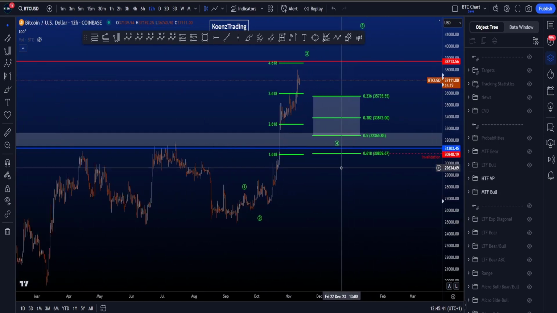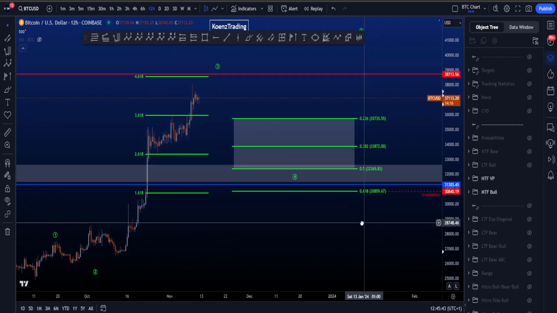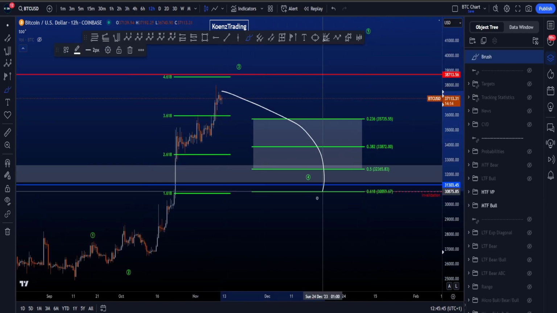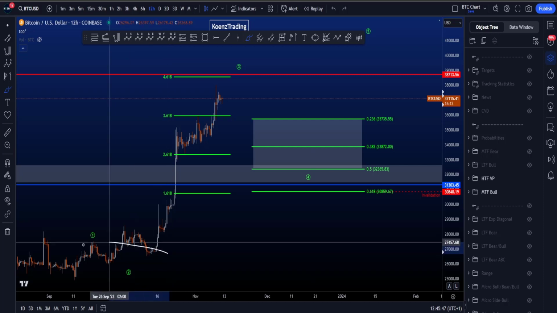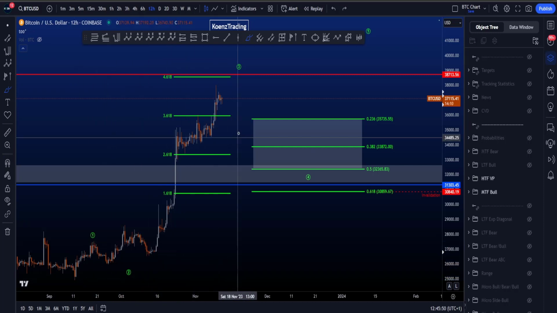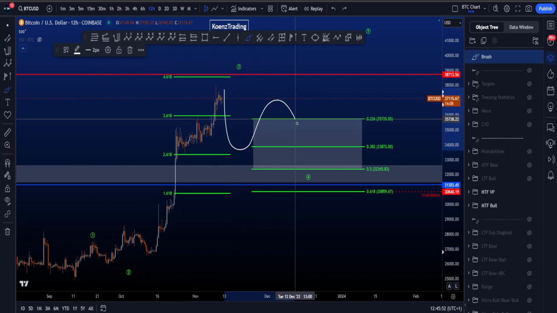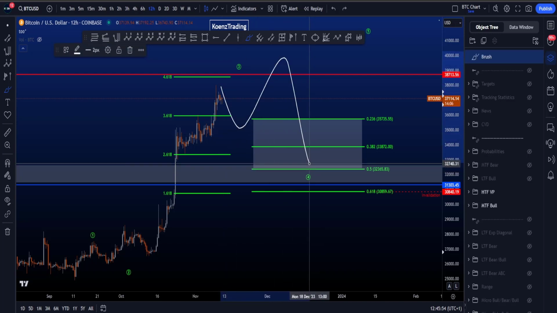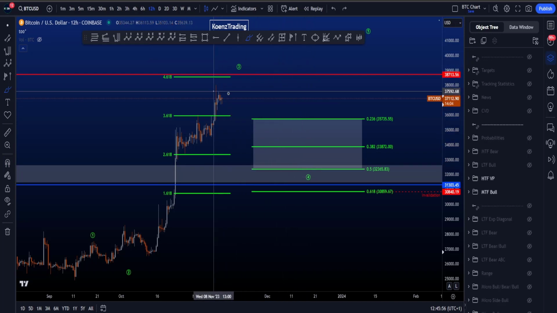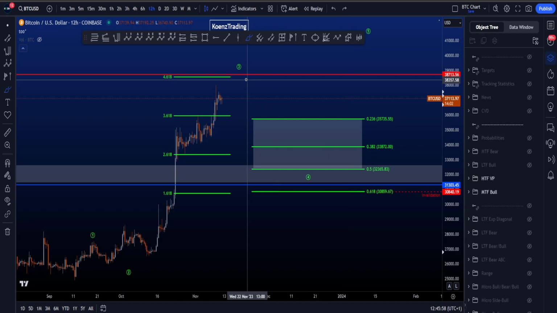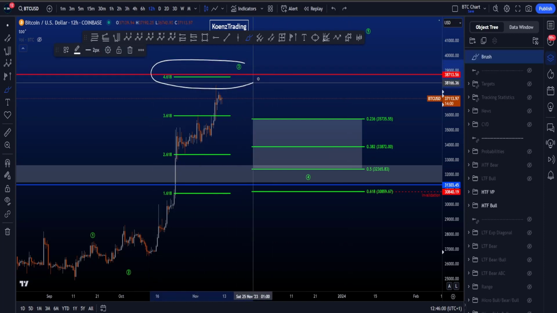Now if we then look towards the downside after wave 3, we are then still expecting a wave 4 to the downside, which preferably is longer in time than this wave 2. So we can expect a bit of a range to form, complex, a flat is common in a wave 4 as well, but some bigger structure to the downside,